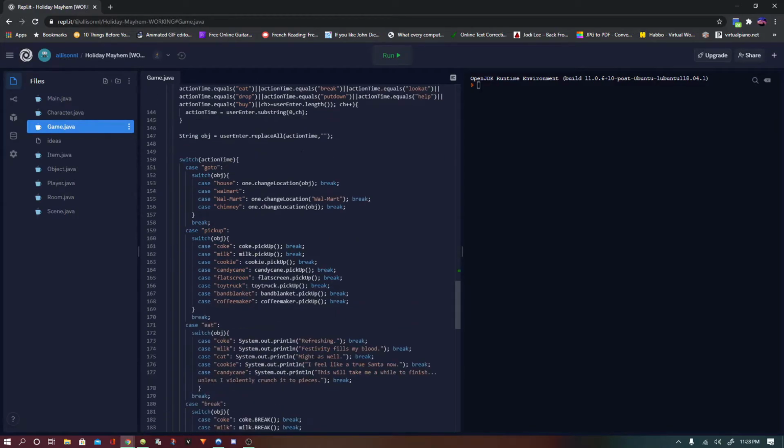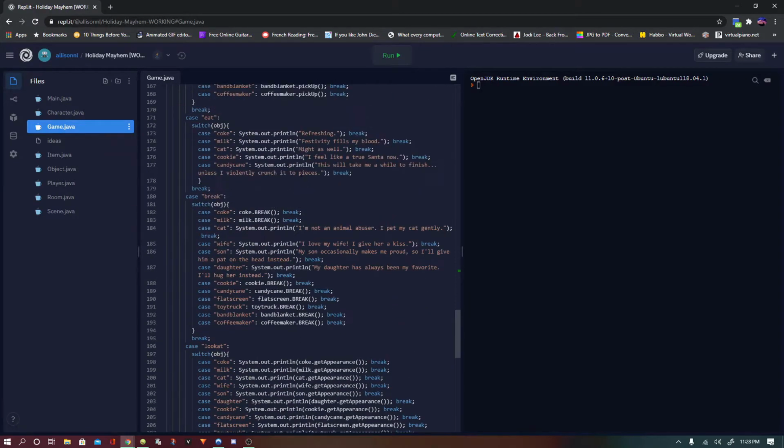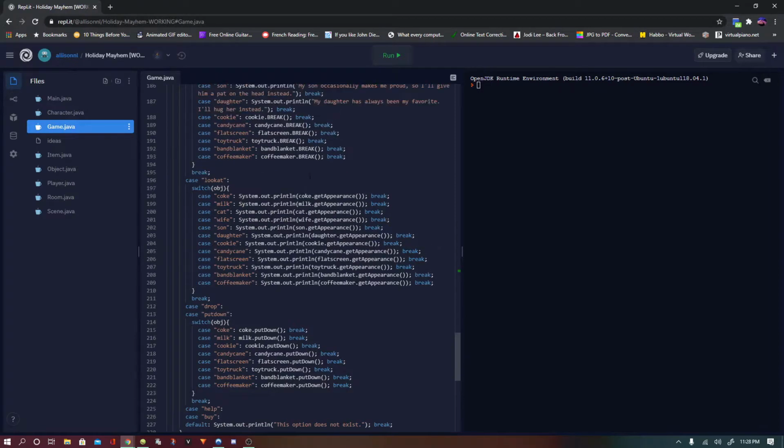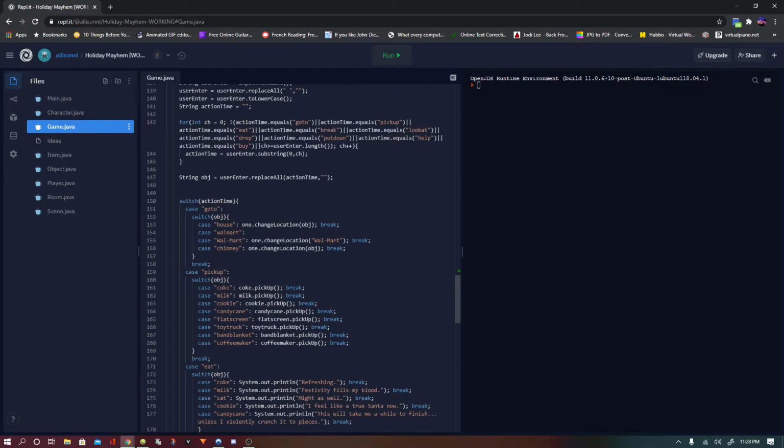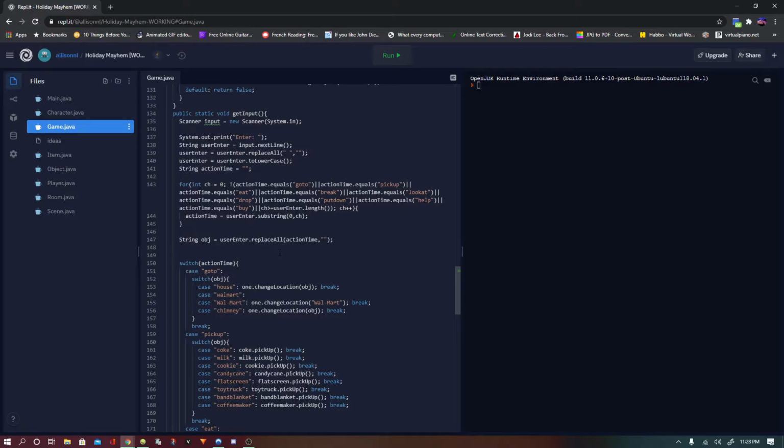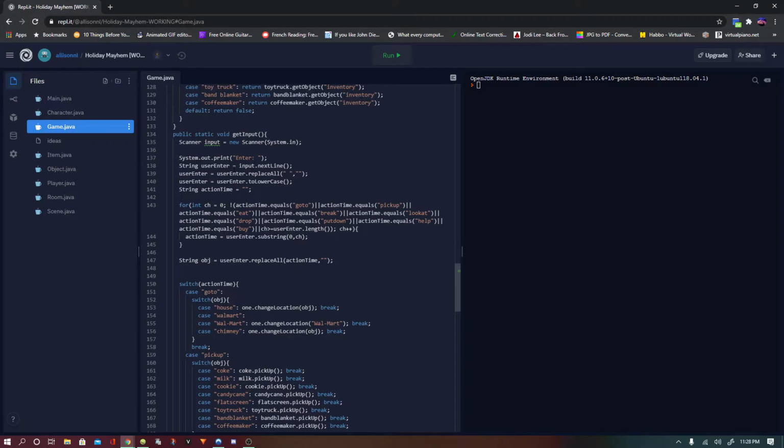So this get input is like the whole game, like what the player can do. It's like a text adventure. You put in what you're trying to do. And this wasn't like this initially. I actually changed this in February. And it took me a long time to figure this out. I don't know why. But, oh yes, these, what did I do? There was, oh yeah, all these ugly string math. That's what I call it.